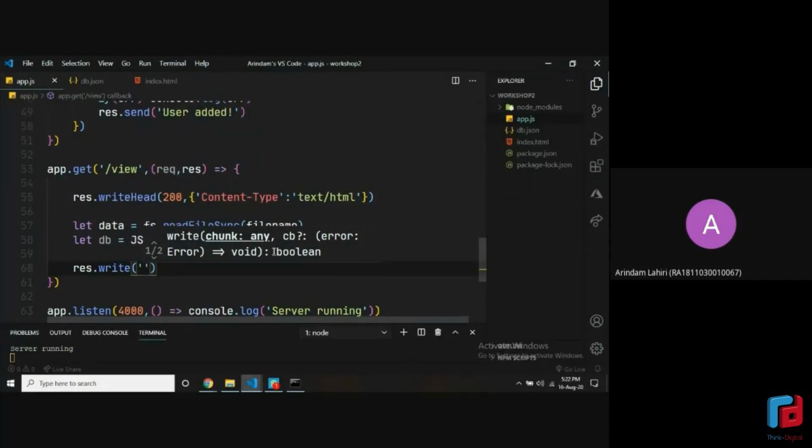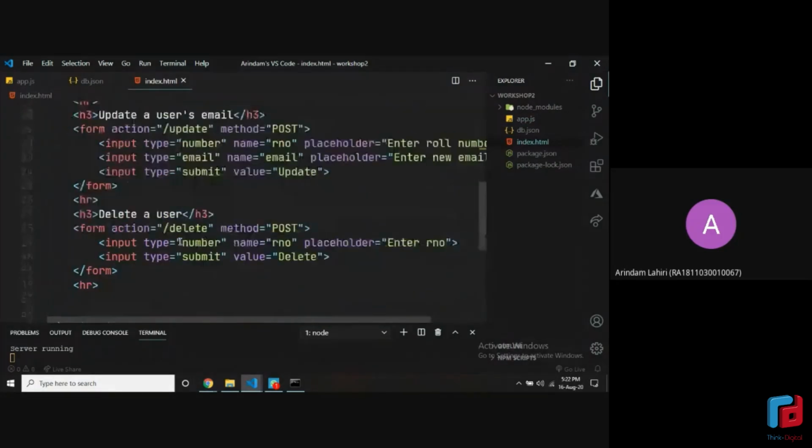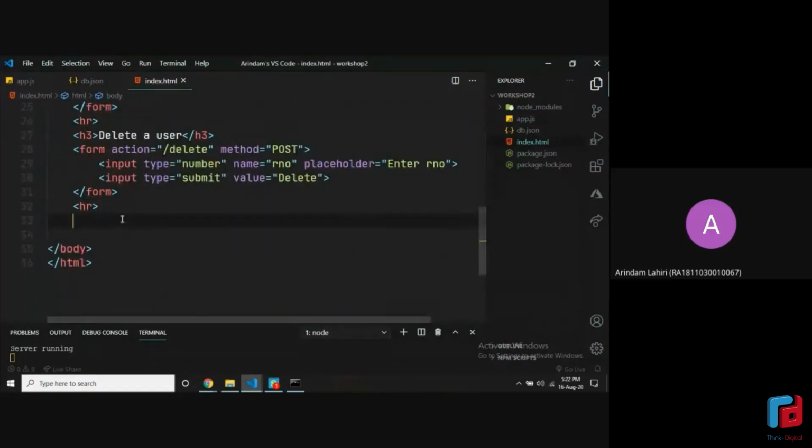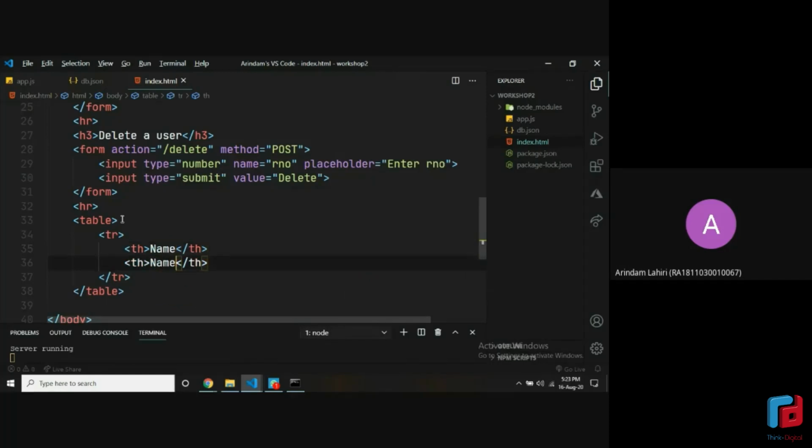Let's go to your index.html page. Scroll down inside the body tag, wherever you want. Just write down a table. Hit tab, so it will give you a table tag. I will explain in just a second what it does, but right now just try to write it. And th, which will be name. You write the same thing two more times. I just copied the above line twice. That's all I did.